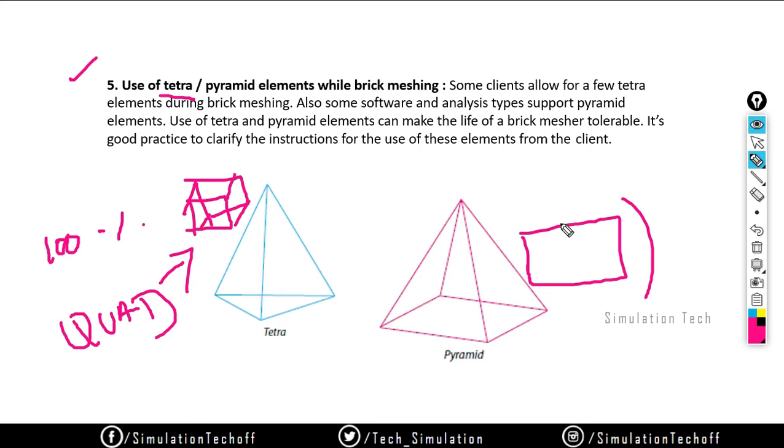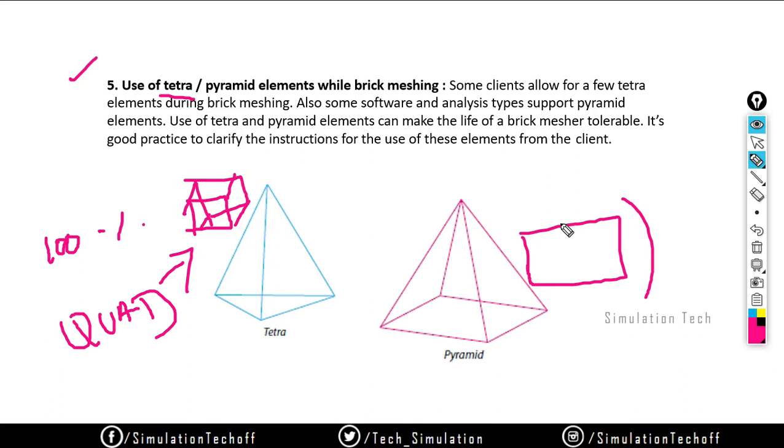Like I said before in the plate with hole problem, when you try to give all quad elements, the software will fail to create all quad, and it will create some triangles. So if you convert it to a 3D one, wherever the triangle is placed, it is replaced by a prism element in 3D. If you have a quad element, that is converted into a brick element.